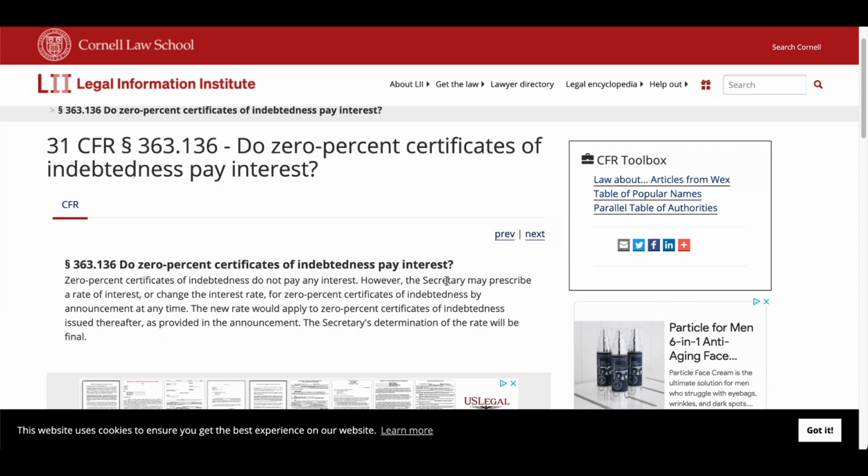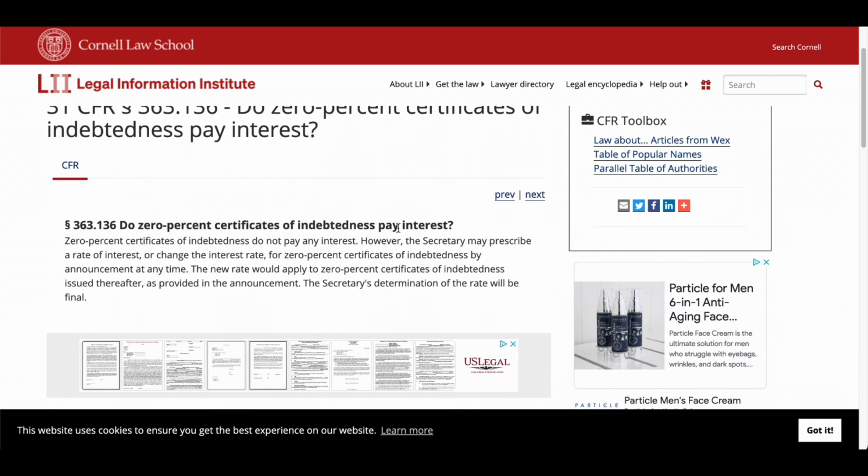However, the secretary may prescribe a rate of interest or change the interest rate for 0% certificates of indebtedness by announcement at any time. The new rate would apply to 0% certificates of indebtedness issued thereafter, as provided in the announcement. Okay, the secretary's determination of the rate will be final.